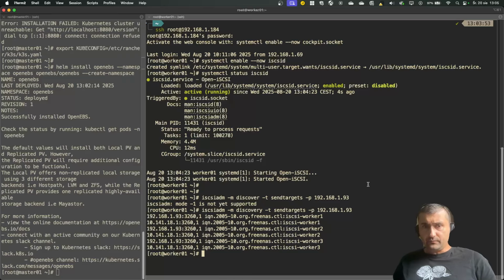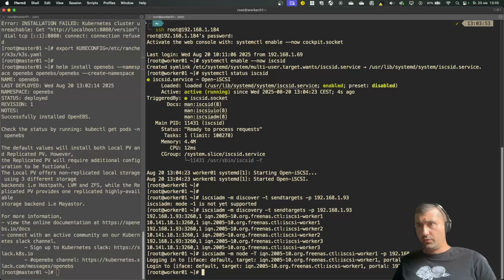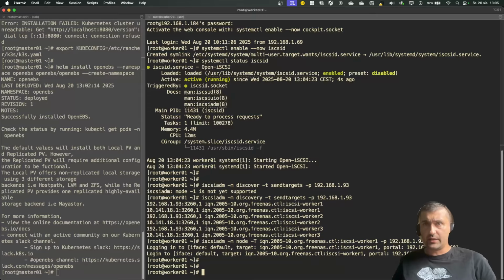So iscsiadm -m node -t my IQN, and then -p my IP and --login. Okay, so login into the IQN goes fine. So we have successfully connected the IQN, and then I need to repeat that with